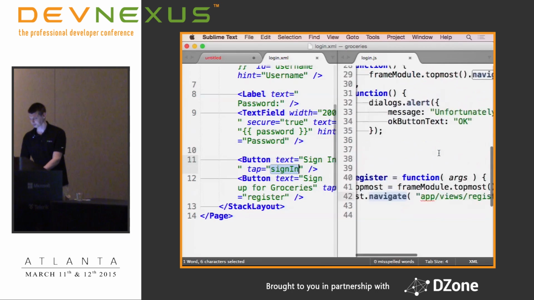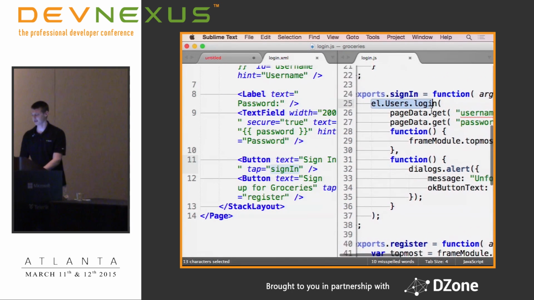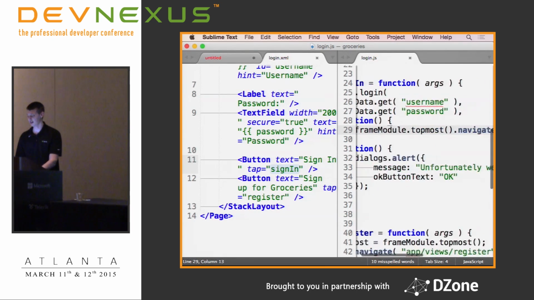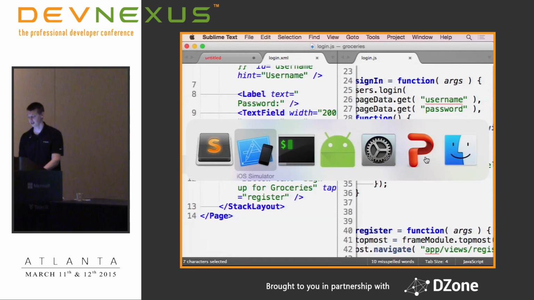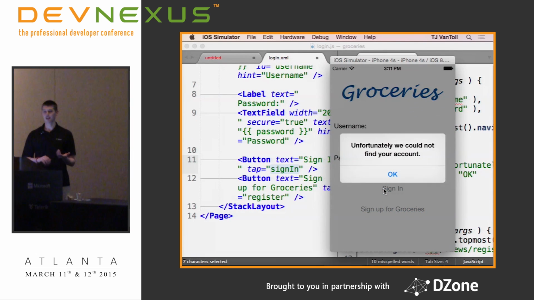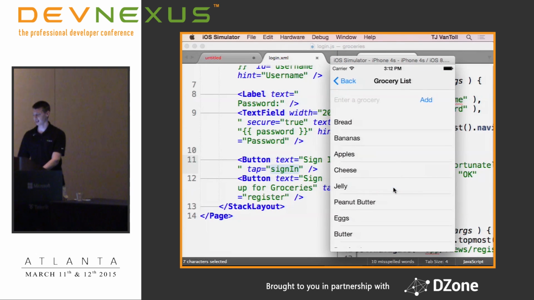Tap calls sign in. In this case, this calls my backend to do this actual sign-in process. On success, there's a navigate call here, but if things fail, I'm actually using another NativeScript module, the dialogs module, to show the user an error message. So if I type in gibberish here and try to sign in, I'm going to get an iOS native alert that gives me an error message. And if I sign in correctly, if I can type things all right, I can actually see this is a